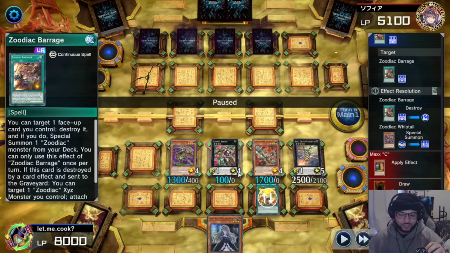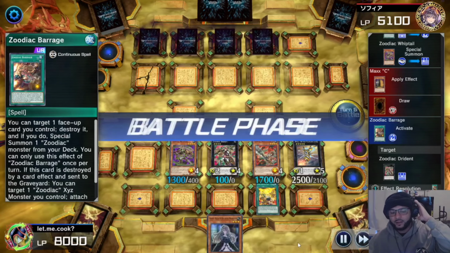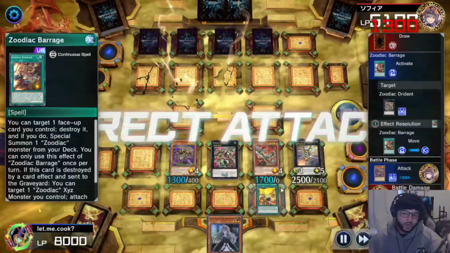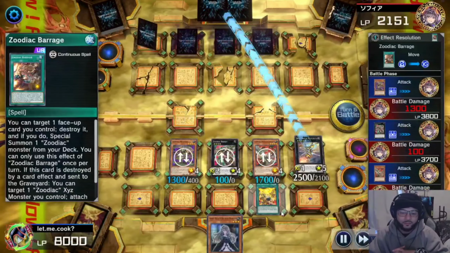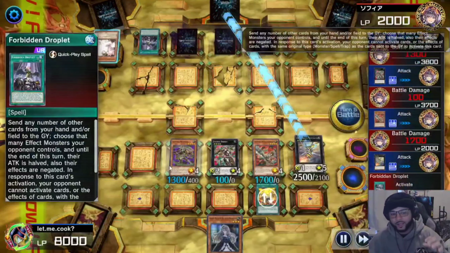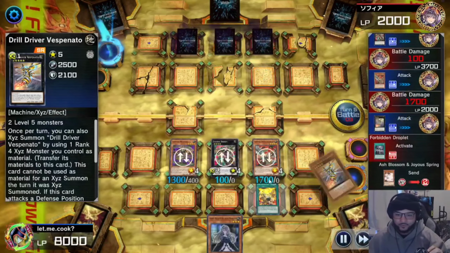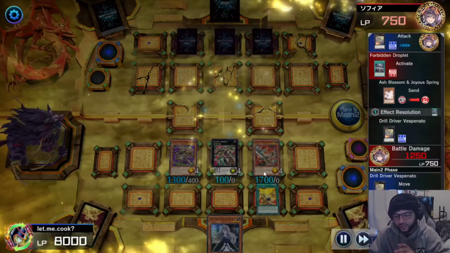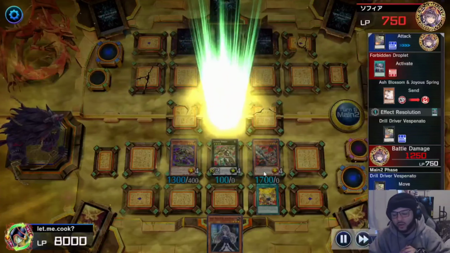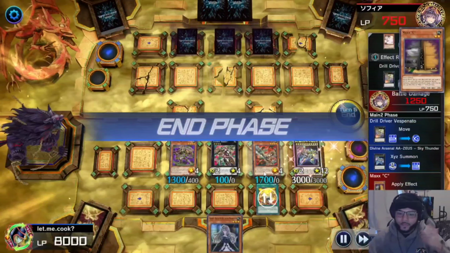This is going to activate its effect to attach itself to the Dryden, right? Give me that, it's mine. And then we do have lethal damage right here, so we're going to go for it. And of course, the card that they have in the back row is Forbidden Droplet. They're going to send the Ash to the graveyard so they can have these things attack, allowing them to survive with 750 life points. So with this, we're going to go into Divine Arsenal, a double Zeus, and end our turn,